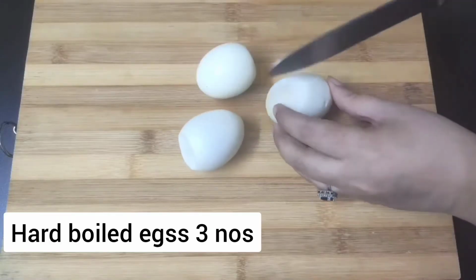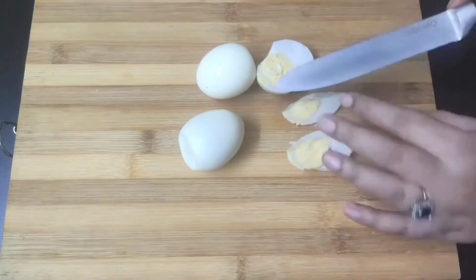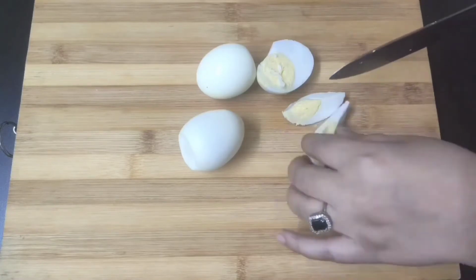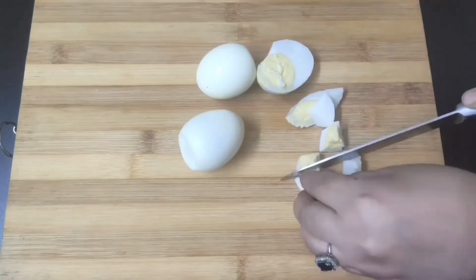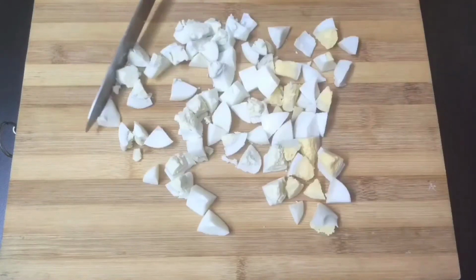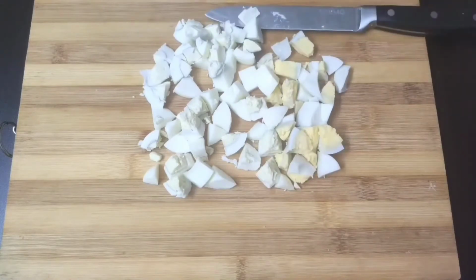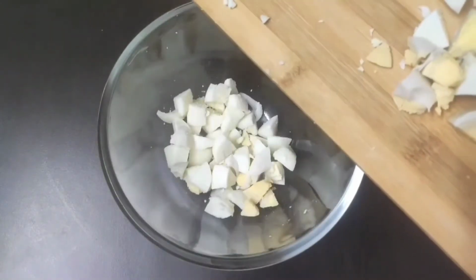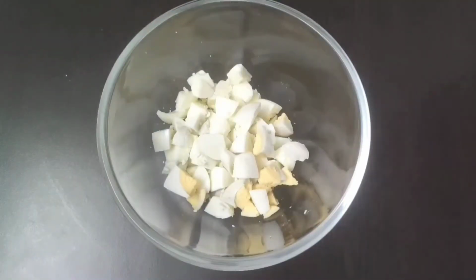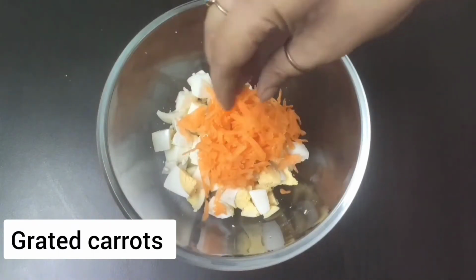So for this egg sandwich recipe, you will need hard boiled eggs. I am using 3 boiled eggs which we need to chop into small cubes like this. So chopping of the eggs is done and now I'm going to transfer this to a mixing bowl. Next I'm going to add some veggies to make my egg sandwich more healthy and filling. Here goes some grated carrots,